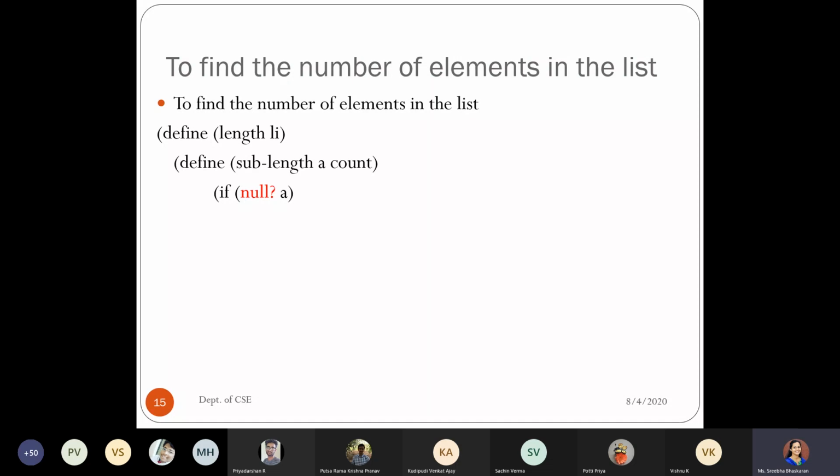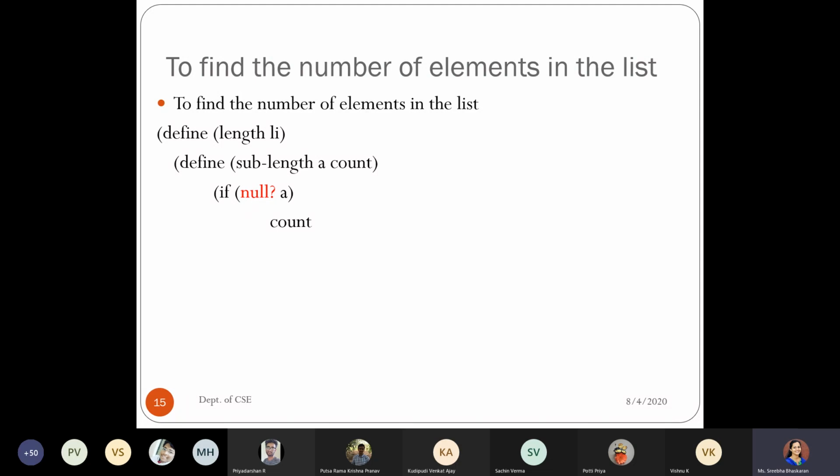Count is just to maintain how many values I have. Each time I keep calling the sublength procedure, I keep incrementing the count. Here also the stopping condition will be nothing but to encounter the nil. How do I identify the nil? It is just by using the primitive procedure null, followed by the question mark. If that condition is satisfied, I will just return the count.